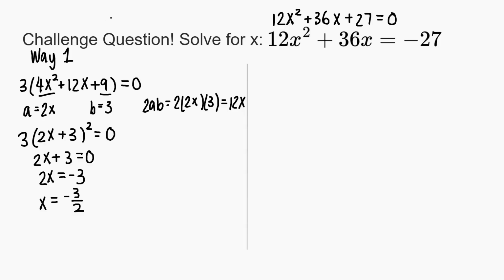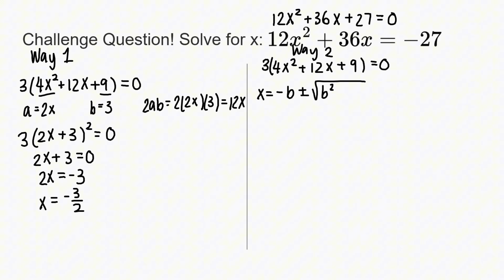Now, we've solved it by recognizing this is a special product. But we can solve it a second way with either the AC method or the quadratic formula. So let's start by copying this over. We have 3 times 4x squared plus 12x plus 9 equals 0. In this case, I'm just going to choose to use the quadratic formula. So we know that x equals negative b plus or minus the square root of b squared minus 4ac over